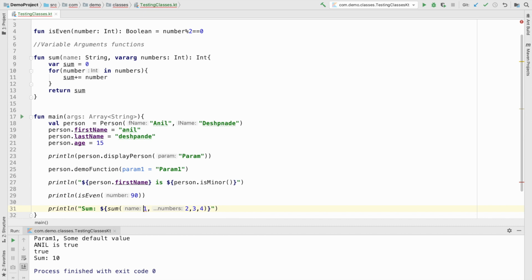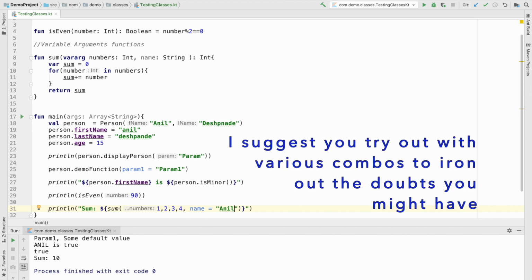So let me put this under the double quotes and you can immediately see that I don't have to use the named parameter type here in this case, and if you use that, actually it is going to give a compile time error. If your variable arguments are first, then you will be forced to use the named argument way of passing the parameters. This is something that you should be aware of while working with variable arguments to a function.